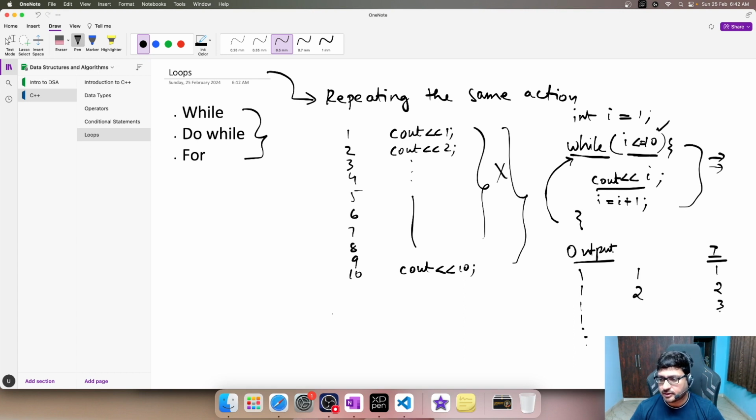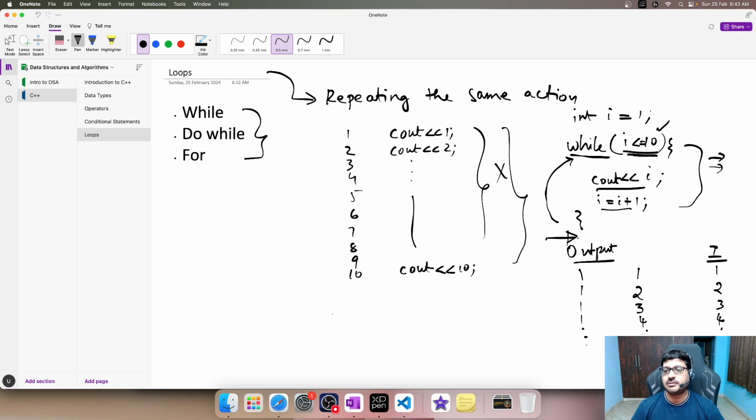we increment I again, and then the compiler checks the condition, it prints 3 and increments I, and this goes on all the way up to 10. So what happens when we reach 10? I is less than or equal to 10, it prints 10, and then the value of I becomes 11. Now the value of I is 11, and the condition is now false, so the execution comes out of